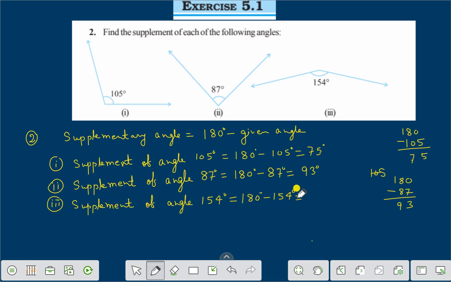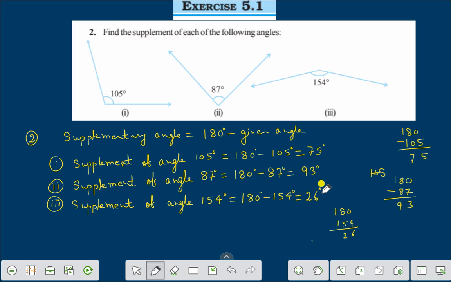If you subtract 154 from 180, 6 carry 1, 5 plus 1 is 6, 7, 8, 26. It comes to 26 degrees,